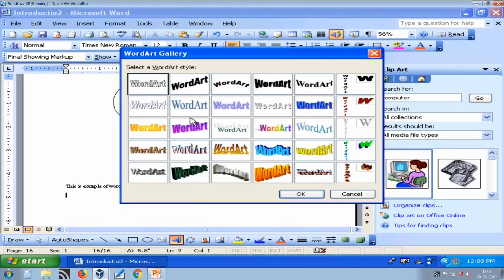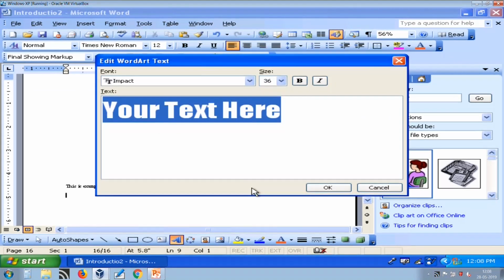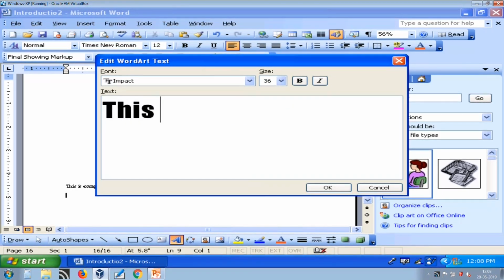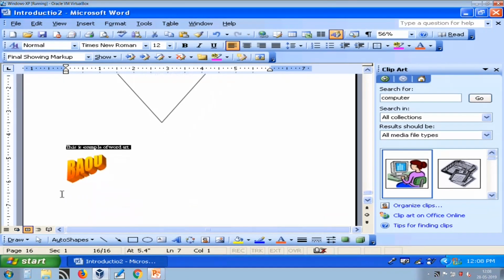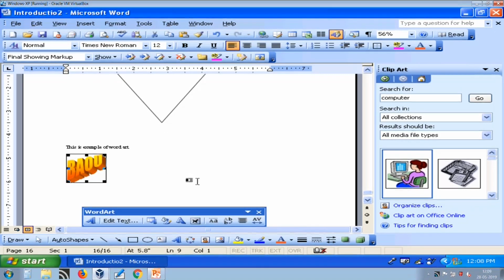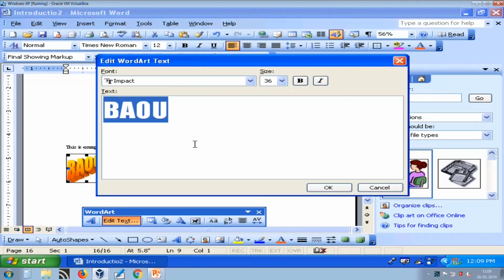So go to word art, and whatever style you want to apply, you can select here. For example, I want to write like this, so I need to select that, and I need to type my text here. So I am typing BAOU and press OK. So plain text is very simple text, but word art is very fancy. You can easily edit the text.